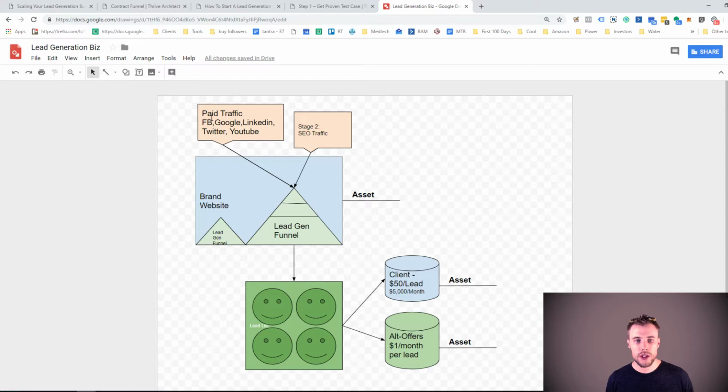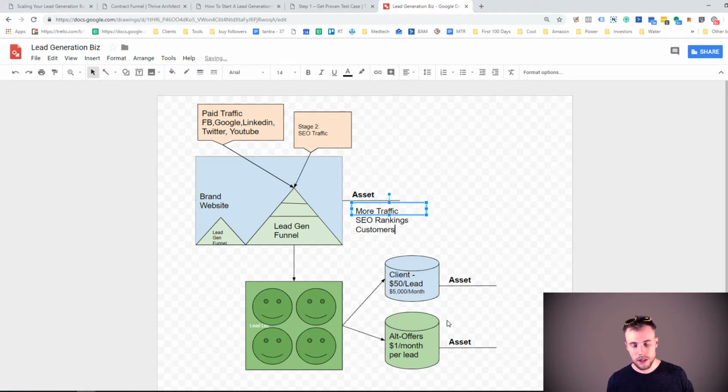then it's really about sending more traffic. And the more traffic you send, the more brand awareness you're going to get. And the more brand awareness you get, the more your asset value goes up. So the things that drive your asset value are more traffic, SEO rankings, customers, monetization. Okay. So if you can increase